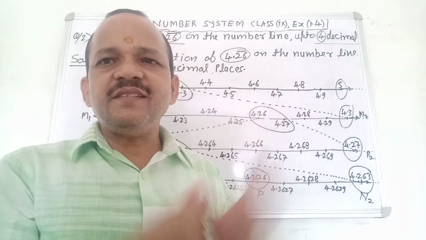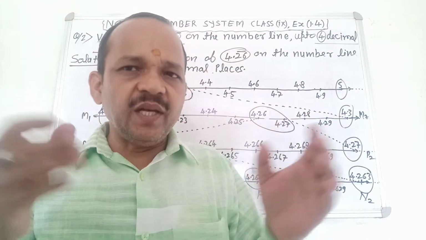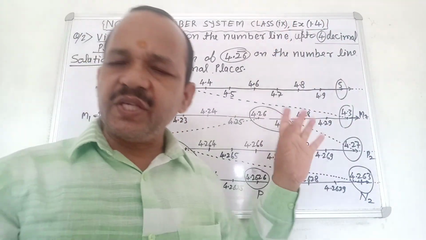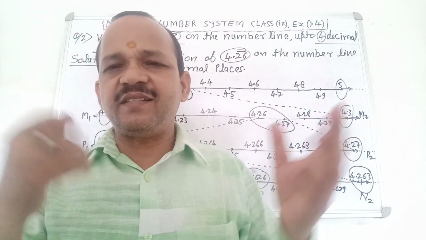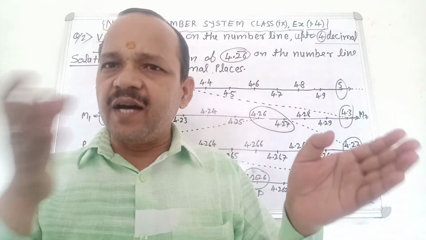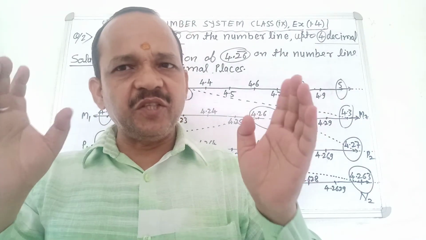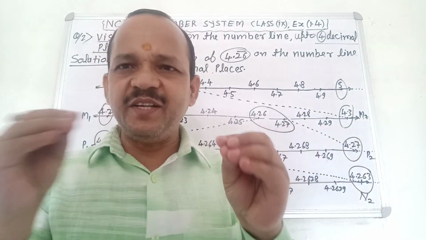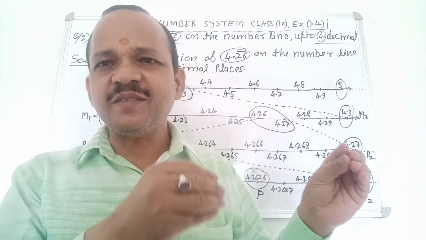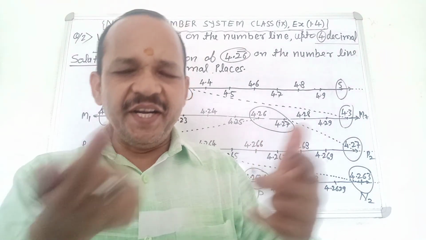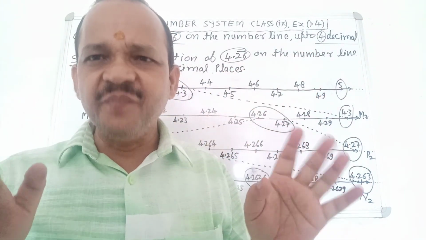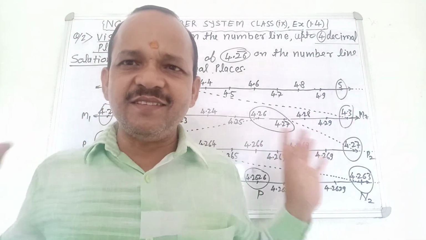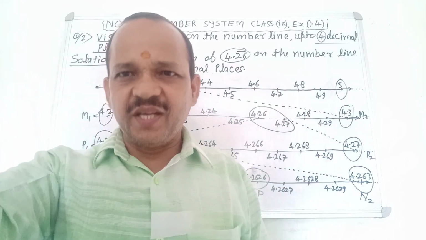You can visualize any number on the number line with the help of this solution. But concentrate your mind and solve your question with full concentration. Is it easy or difficult? You can say it is very easy because you find your answer very easily. You visualize 4.26 bar on the number line very easily. Very good.